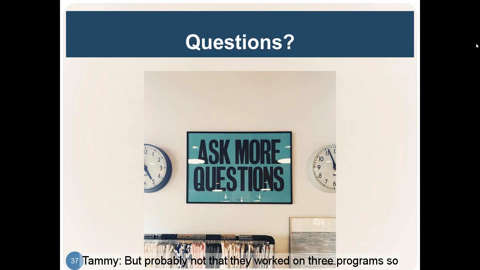But probably not. They work on 3 programs, so we divided it by 3, right? If they're really unsophisticated, I would look at what's the big dollar impact here. If we're talking about $500,000 in grant expenditures, and the cost difference might total $1,000 over the course of the year, I would probably let materiality be considered there, because you don't want to come in and be the big bad state over a really immaterial difference.